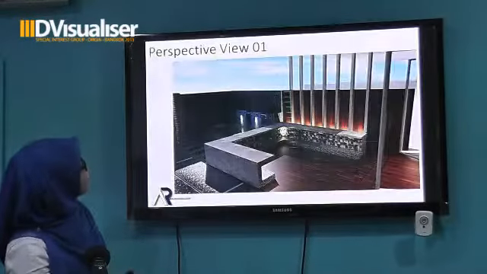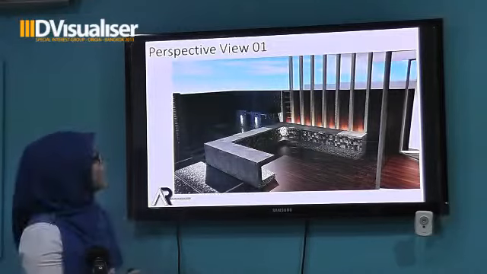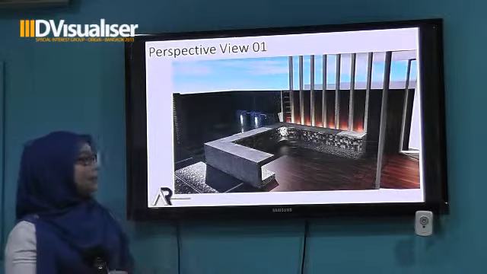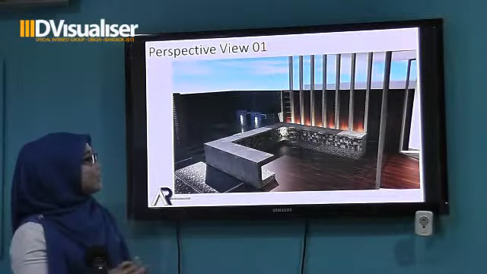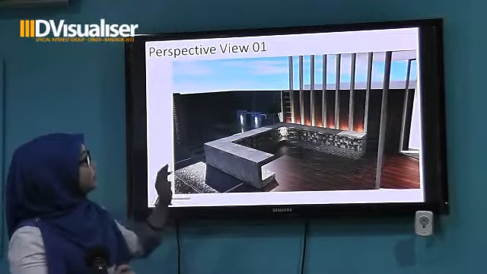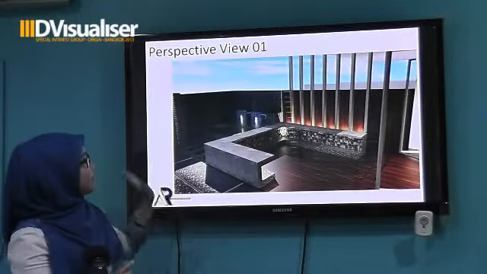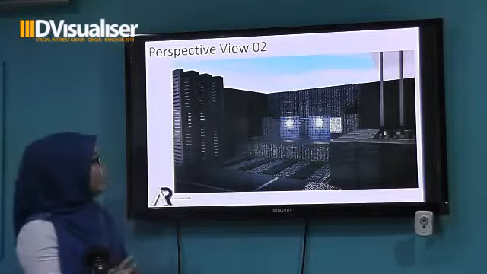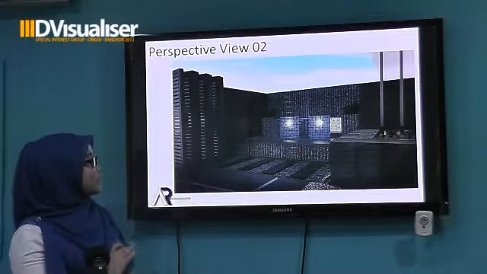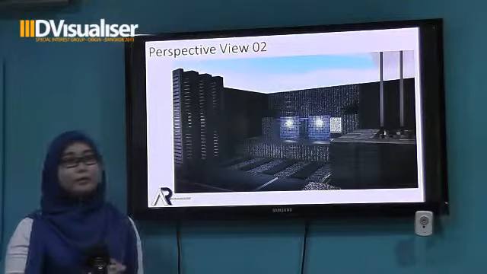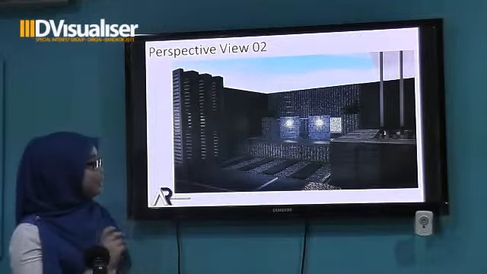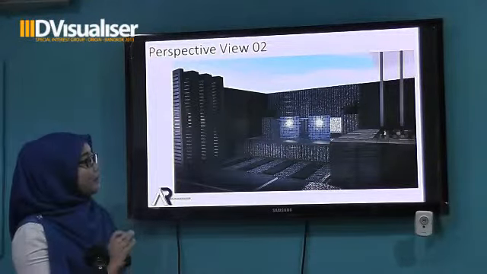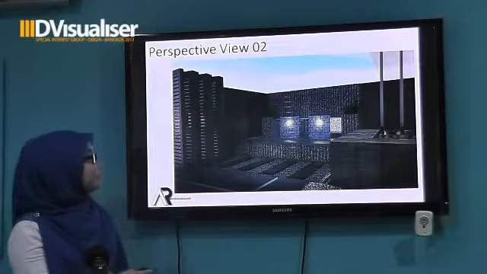Okay, for the deface, this is my deface. I have a mini pond and a bench for the deface. I put in lighting for the night view for the best view. And this is the mini pond. And I have a stepping stone. The materials I use are brick and timber, and for the bench, concrete.